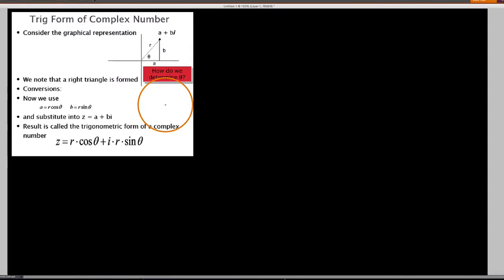Okay, YouTube, in this video we're going to consider what we call the trig form of a complex number. And up until this point, we've been considering complex numbers as these numbers we typically represent with the letter z. And we say that it is some real part plus some imaginary part. And having graphed a bunch of these in the complex coordinate plane, we see that really all it is that